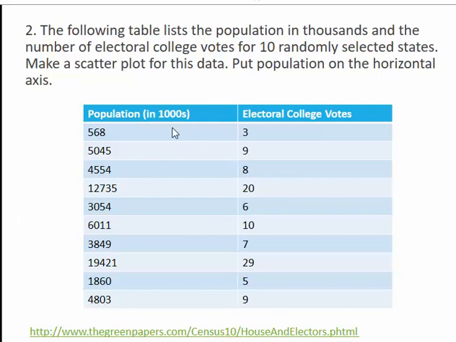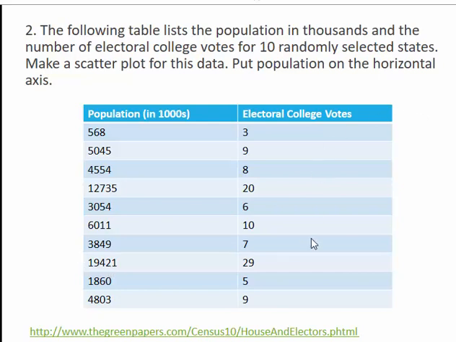So you look at your values, we can label our x-axis as the population in thousands, and we would be plotting these numbers. If we ignore for a minute that it's in thousands, my number goes up to about 20,000, 19,000 something. So maybe I could count by 5,000s and get to 20,000 pretty quickly on that scale. You could count by 2,000s and do 10 tick marks or so. The exact scale doesn't matter, but I need to be going all the way up to be able to show this